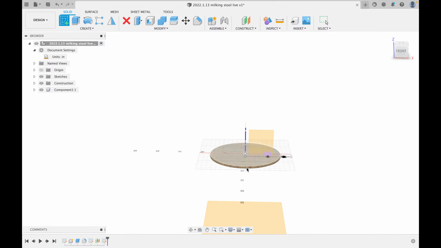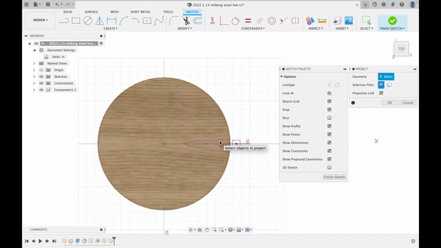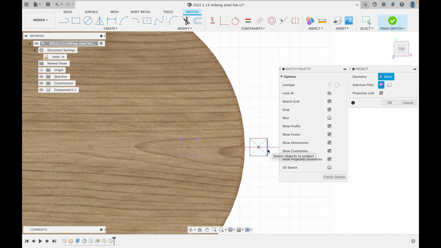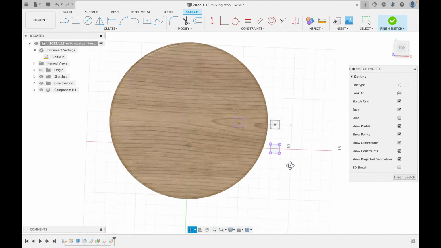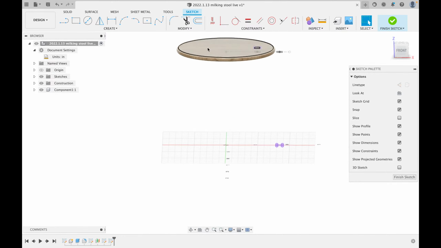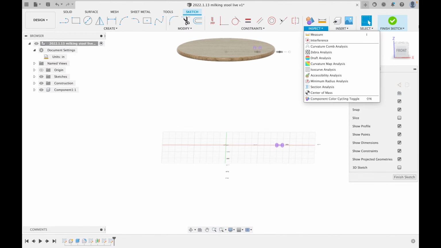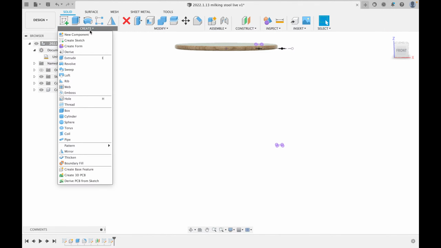I'll create another sketch on that bottom plane, and I will hit P for project, double-click on this box, and hit OK. And now we can actually do some playing with our stool dimensions. If I say create, and I create, oh, I haven't finished my sketch, sorry. If I say create and hit loft,